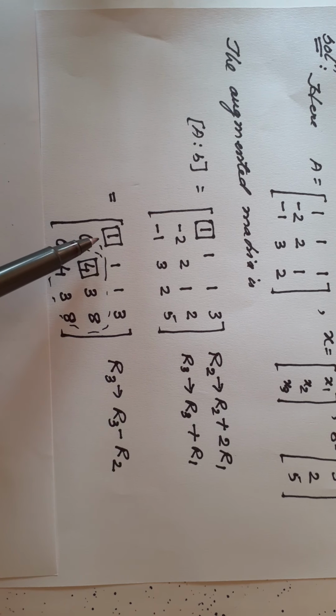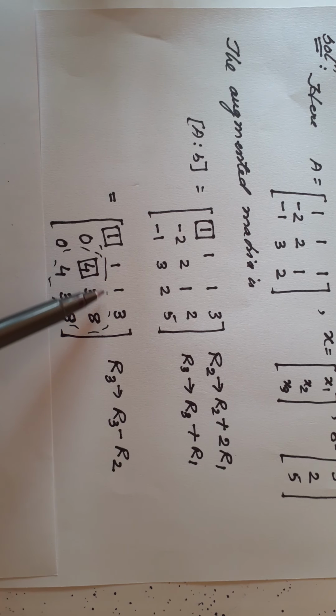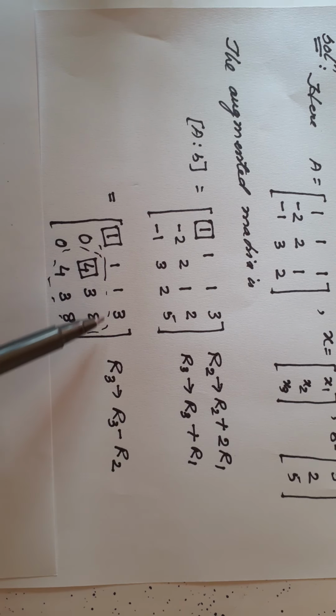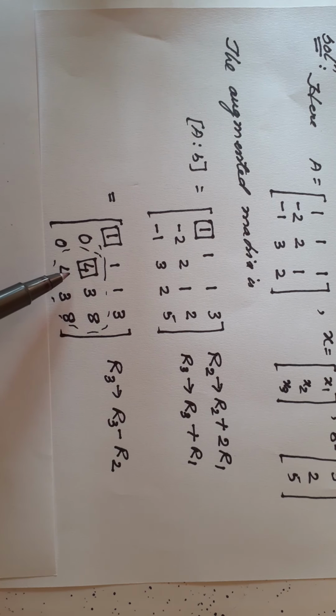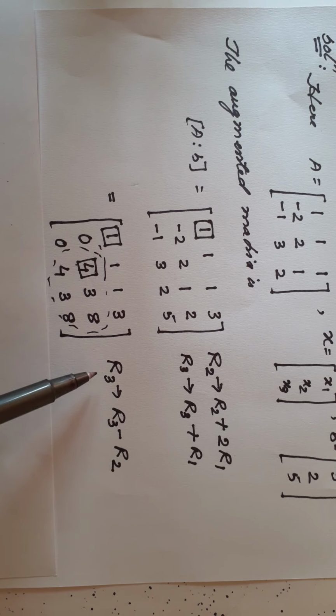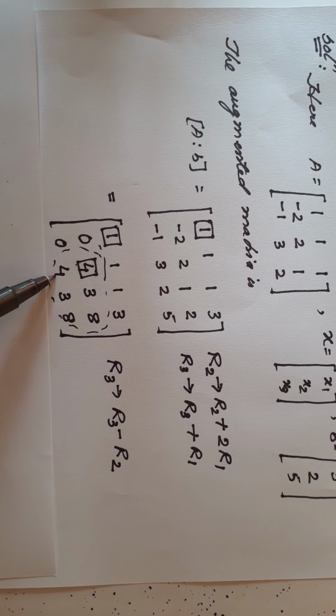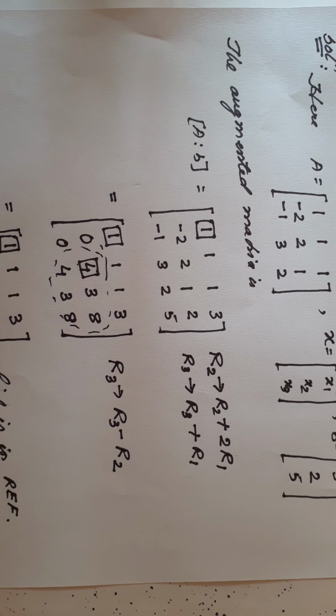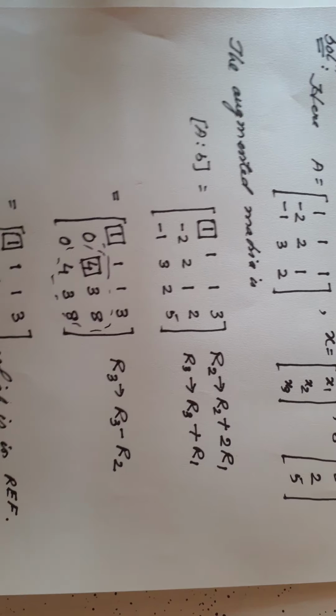Here we are now going to concentrate on this dotted portion. The first non-zero column is this one, and the topmost entry is this. So this is my second pivot. Once this is the pivot, this needs to be reduced to 0, so we apply this operation to make this entry 0. So finally the reduced matrix is